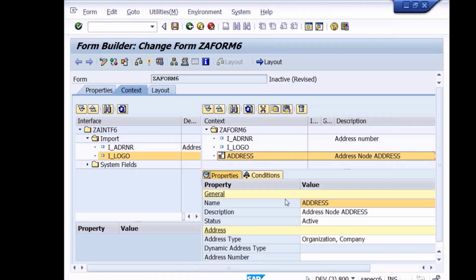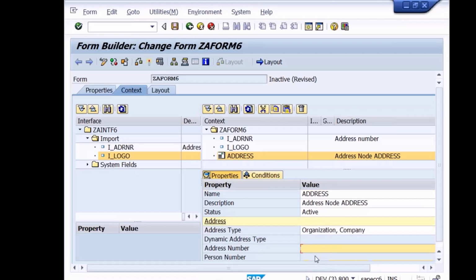Now to this address object, it is asking for the address number. What is the parameter which is carrying the address number? I underscore address number. Is it clear to everyone? To display the address, you have to create the address object. As part of the address object, it is accepting one property, the address number. What is the parameter which is carrying that? I underscore address number. So let me give I underscore address number. Done. Is it clear? Let me save it. Check for the syntax errors.